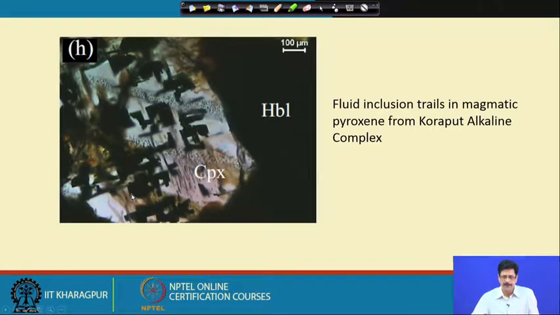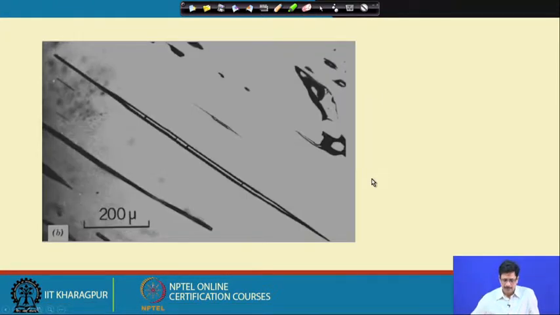Just to bring this fact to your knowledge, that we can see inclusions in almost any mineral, and these are some of the very unusual and rather interesting situations. This photograph has been taken from the book of Craig and Vaughan, Ore Microscopy and Ore Petrography, where we can see this micron bar, which is 200 microns, and this is entirely an aqueous biphase inclusion in cassiterite.